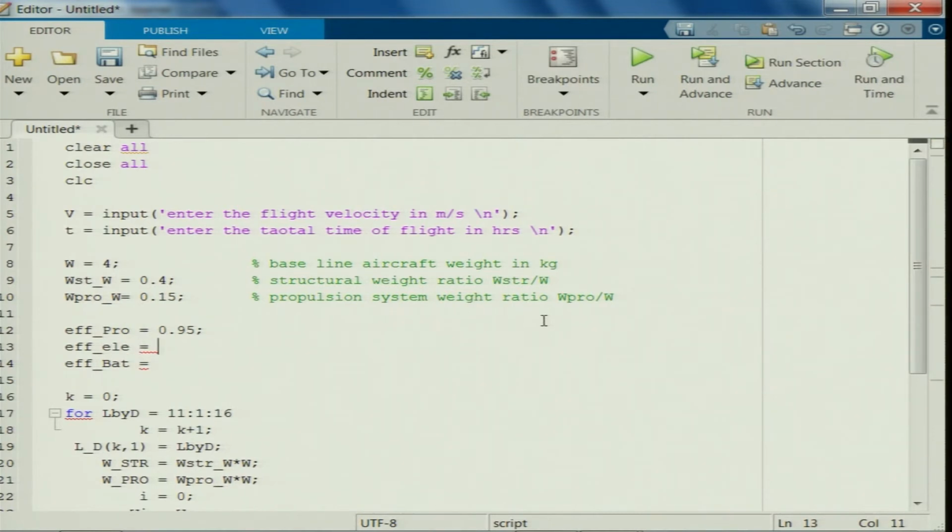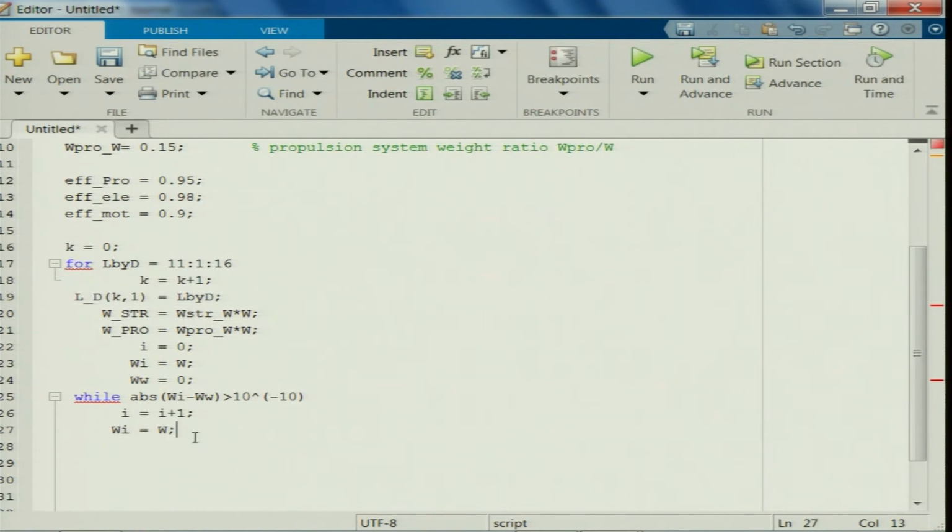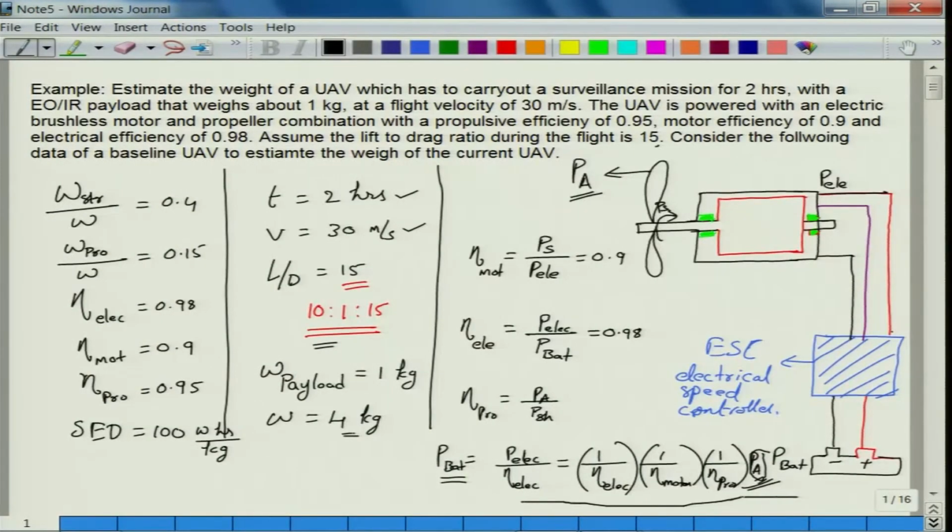So, electrical, and I am sorry, this should be motor efficiency, brushless motor efficiency, which is 0.9, and electrical efficiency is 0.98, right. Okay. So, the whole idea is since we have this as an input here, once I know